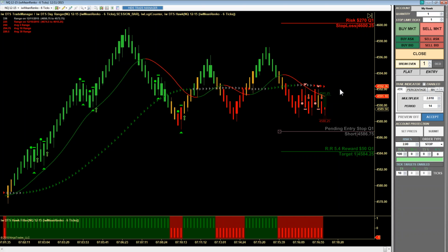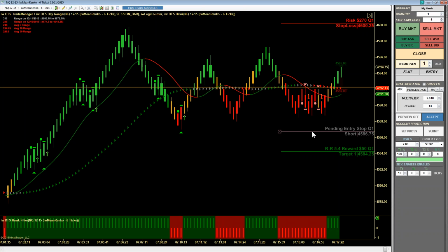Tony says maybe we should stop trading and start selling barbed wire. This is what Tony's referring to: whenever the market is kind of waffling like this back and forth, especially if you're printing a lot of yellow bars here on your Hawk at more or less the same latitude. That's what some traders refer to as barbed wire, and the analogy should be fairly obvious. It's just a market that's not going anywhere. And you're right to stay away from it until it does settle